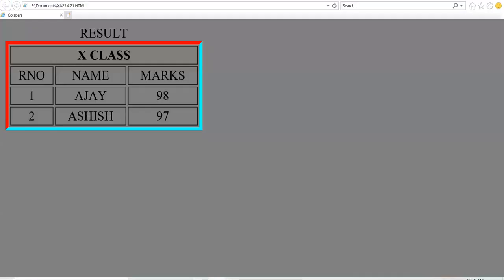Now, right now you can see this table is having colspan feature. Now I am showing both rowspan and colspan. See here, Ajay student having marks 98. I want to assign 98 marks to both the students Ajay and Ashish.